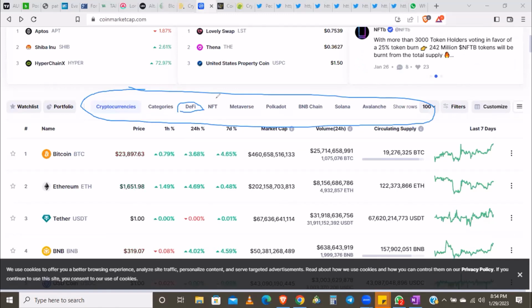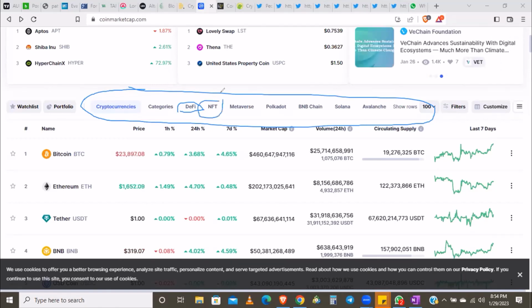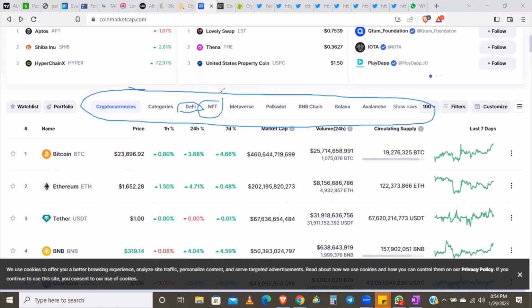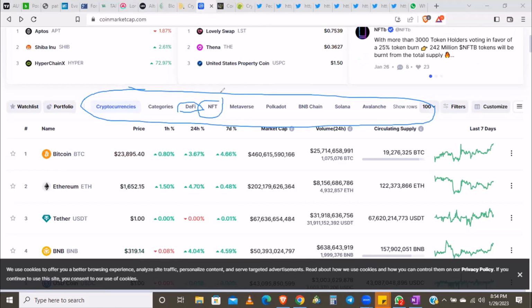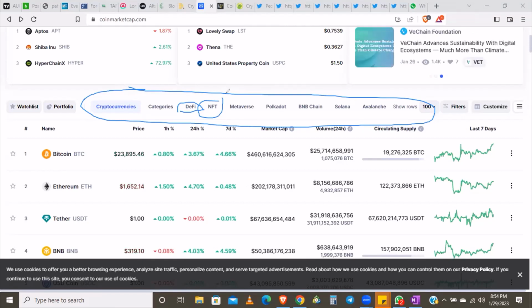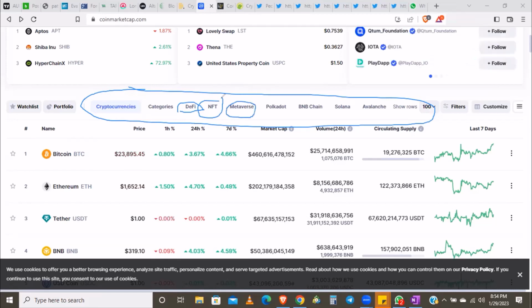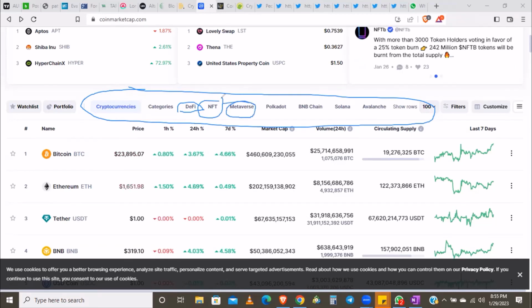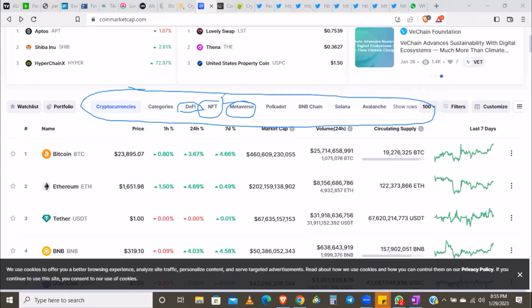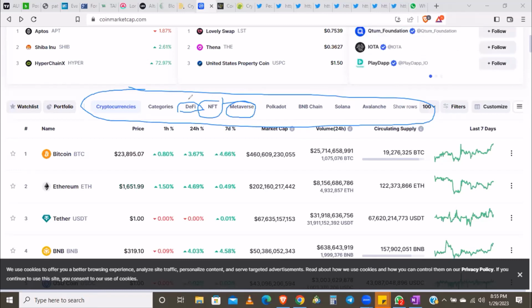And then we look at something called NFT. What is NFT? NFT means non-fungible tokens. In the course of our study, we will know what non-fungible tokens are and how we can exploit them to our advantage. Of course, we want to look at the metaverse. Metaverse is the trending technology that we have now. I'm sure you must have been hearing about Web3 and all of that. So the metaverse has its own coins. Mind you, DeFi has its own coins. I just mentioned classifications of cryptocurrency. So we know it will be okay.